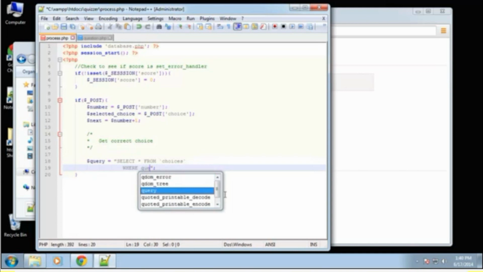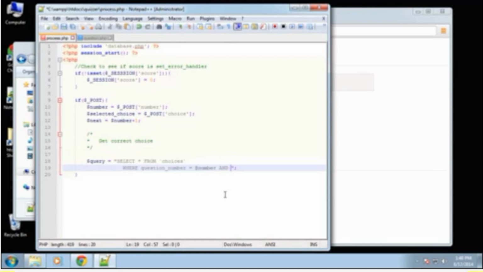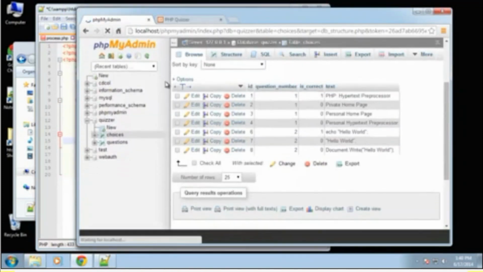where question number equals number and is correct equals 1. Alright, so if we go and look at our database,